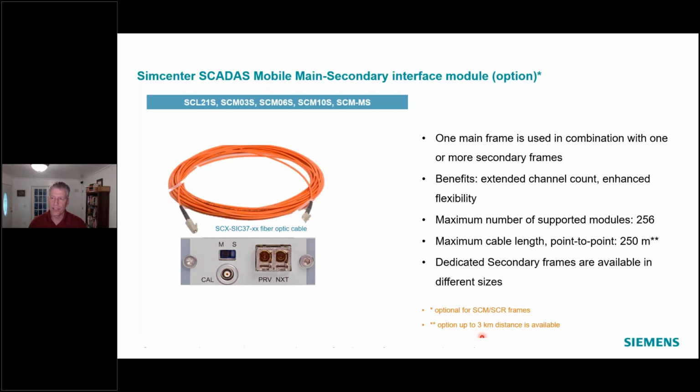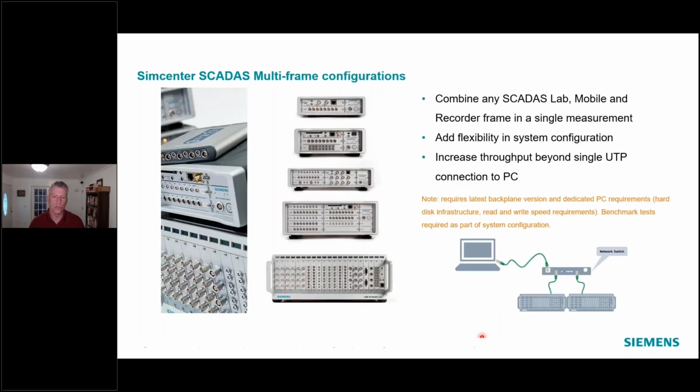I mentioned briefly earlier that typically we're limited to the maximum bandwidth for any single front end, any single computer, based on the actual front end itself. So the SCADAS Lab, like is shown down here, is 19 megasamples maximum between one computer and one front end. These SCADAS Mobiles are a maximum of 14 megasamples. But what if somebody said, hey, I really want to have, not 190 channels at 100 kilohertz, but 190 channels at 200 kilohertz, or maybe 400 channels at 50 kilohertz, or anything that's beyond 14 or 19 megasamples.